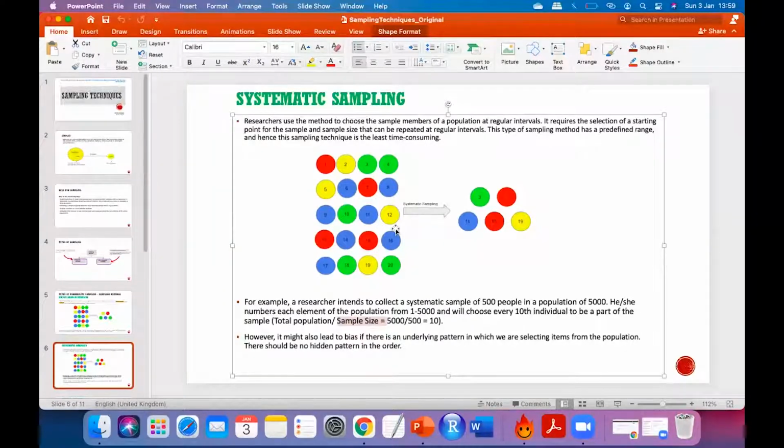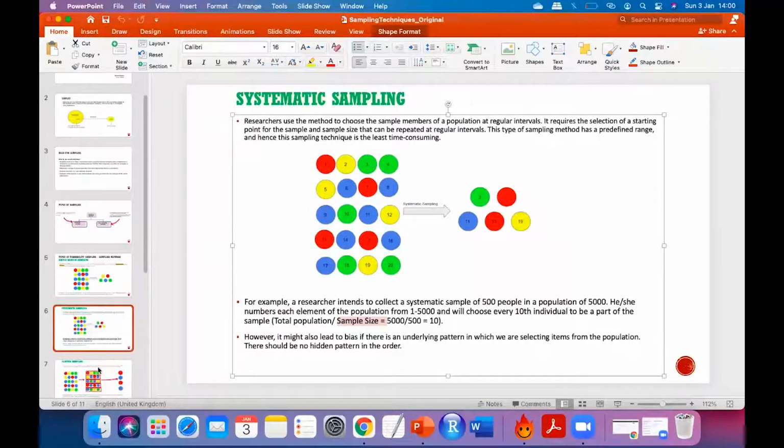This is not a formula. This is a concept, right? Let's say if you have 20 balls and you want 5 balls. What is the systematic way of doing this? Every fourth ball, if you find out, then you will get 5 balls altogether in 20 balls. Yes or no? That is what I'm trying to calculate. Understood? It is very simple.